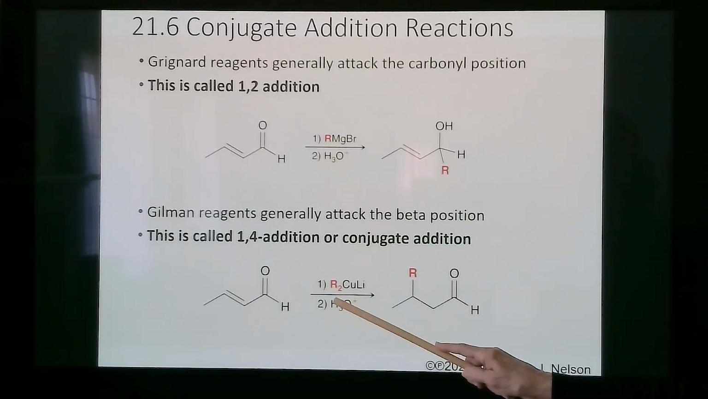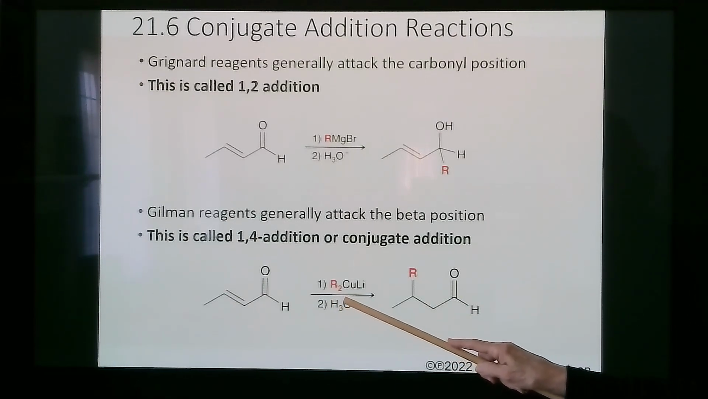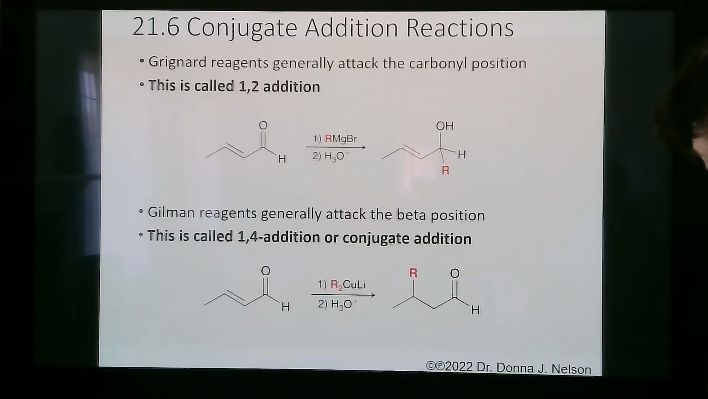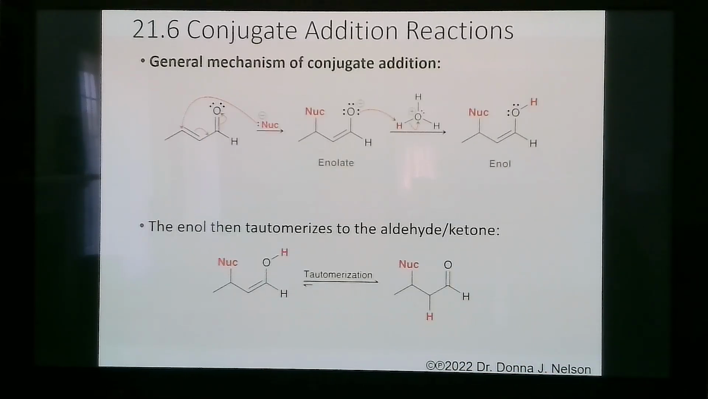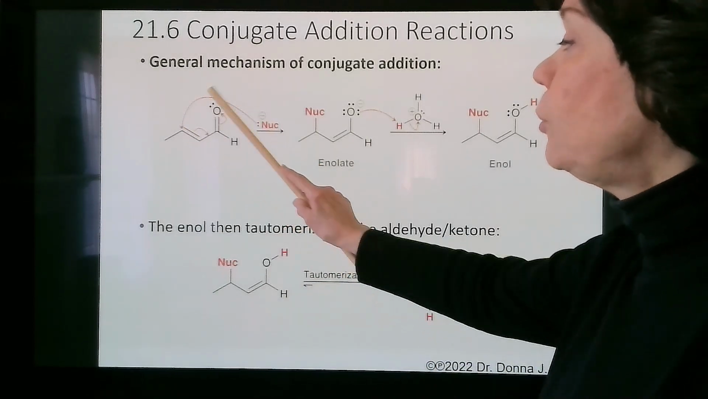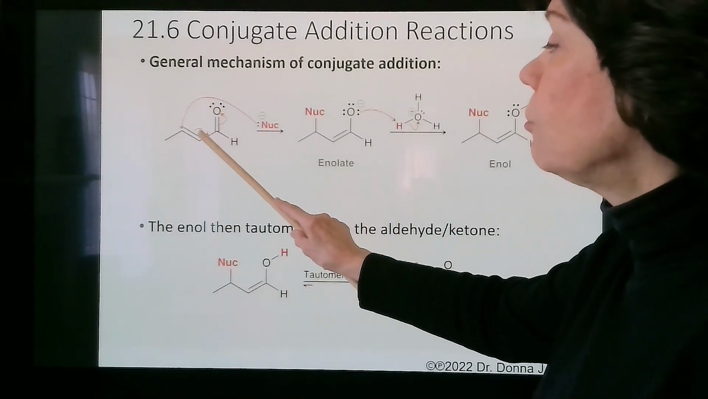And then when the reaction solution is neutralized, then that's protonated. So here are the mechanisms. Here is the mechanism of conjugate addition. You have the nucleophile attack the beta position. So this would be the 4 position in the 1, 2, 3, 4,